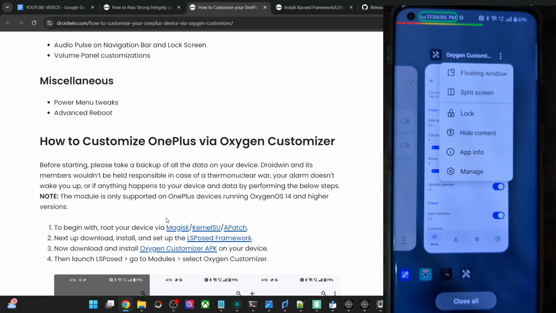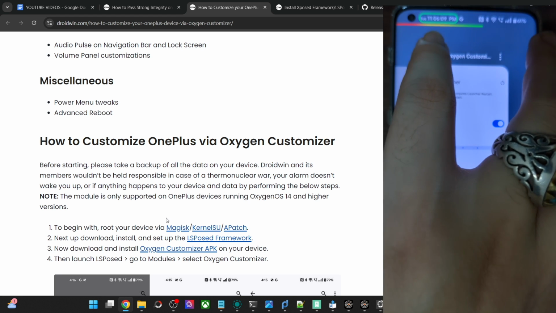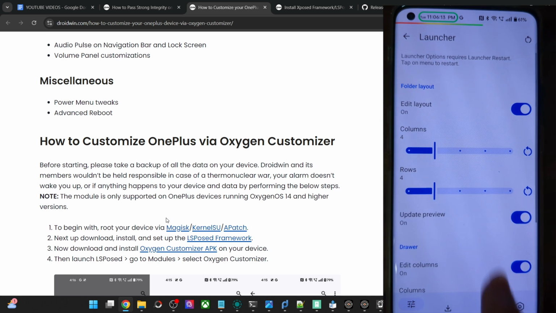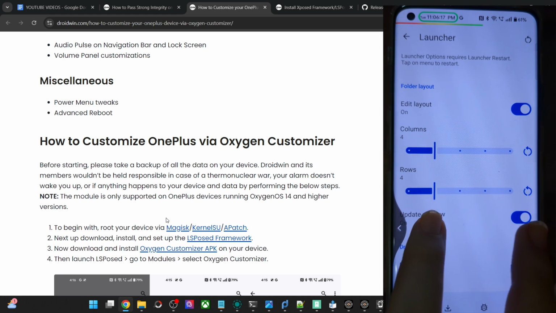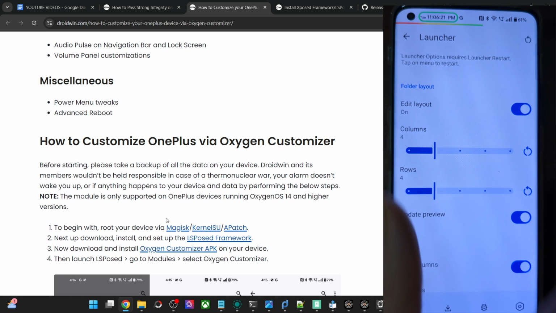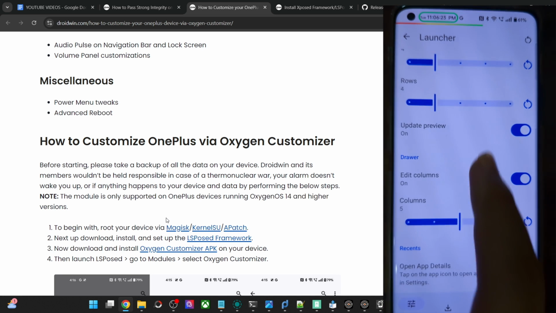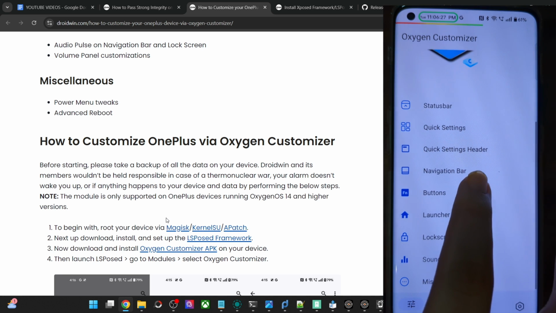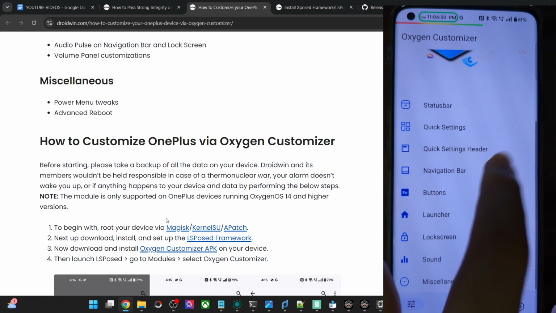Let's have a look. As of now, you could also do a long press from the Magisk app and get this job of restarting the system UI done. As of now, the restart of the scope is not working on this page. You might do a restart from the Magisk app as well.